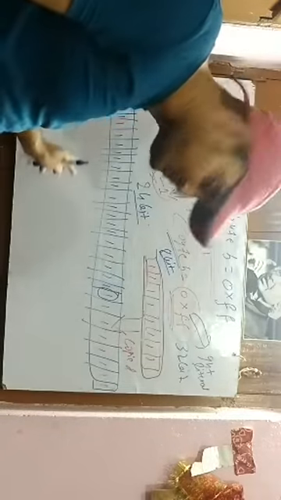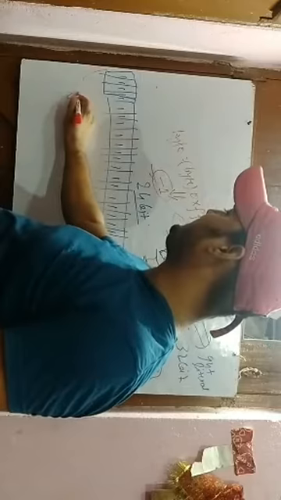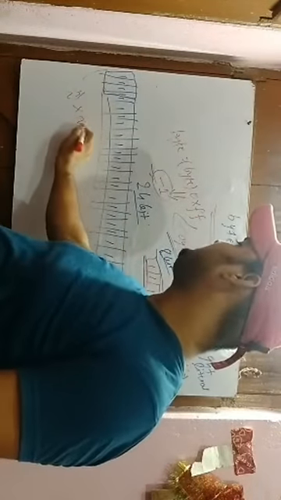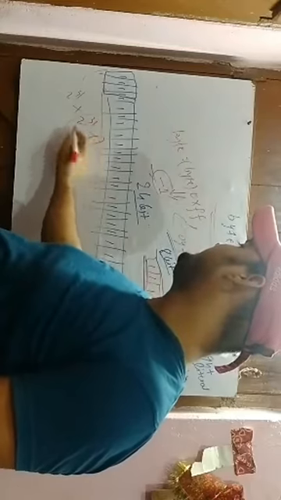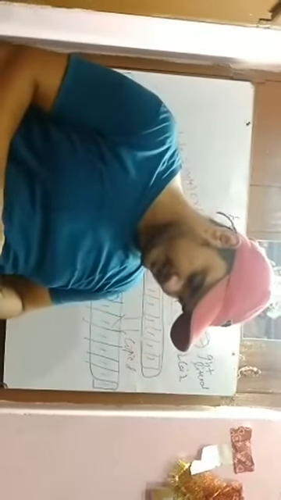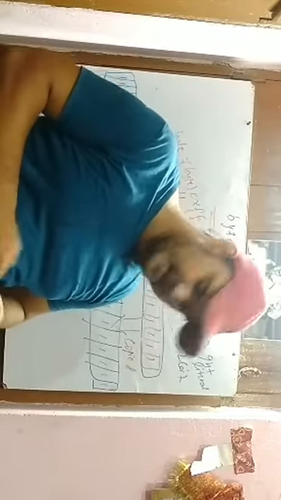Because again it will turn out to this representation, and I think you know this position, because it's the 31st bit, it will be -2 to the power 31, and for the remaining positions it will be 2 to the power 31 - 1, and all this cancels and sums up to -1. So that's why this way it will give the answer. I think you people have understood how to go about this, and that's all.